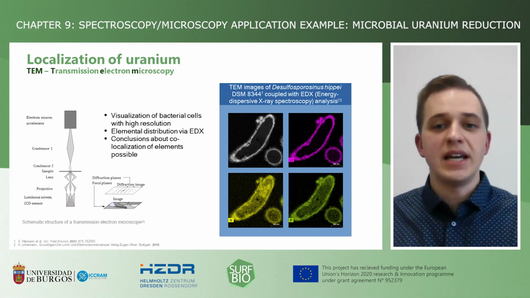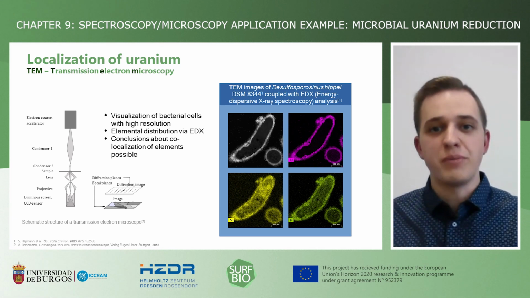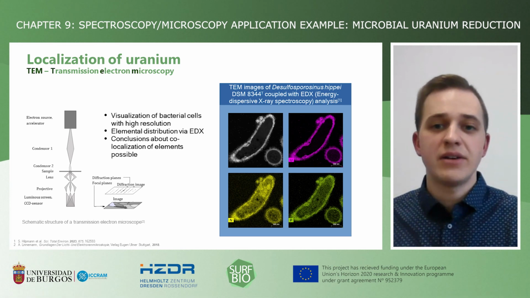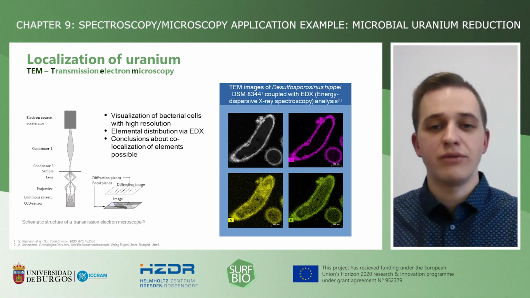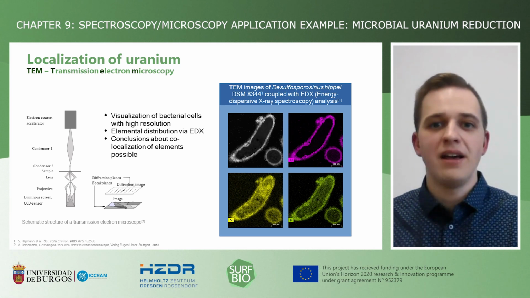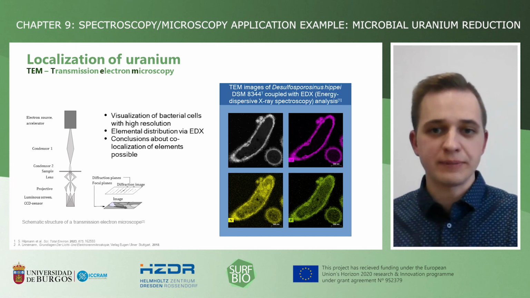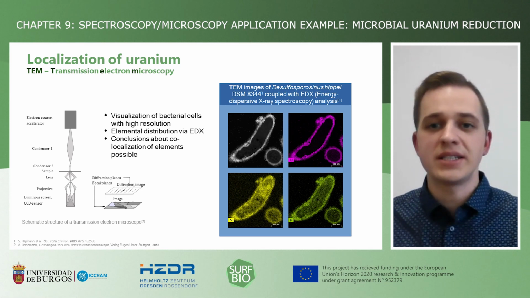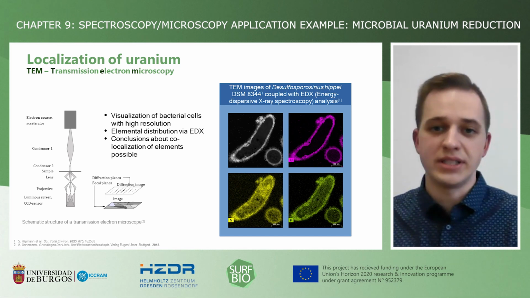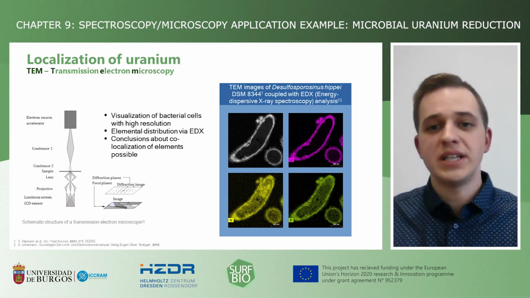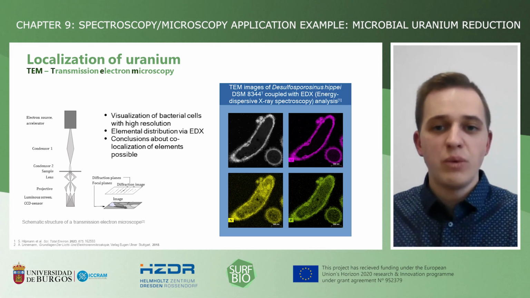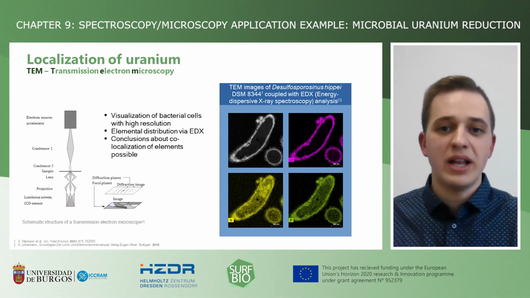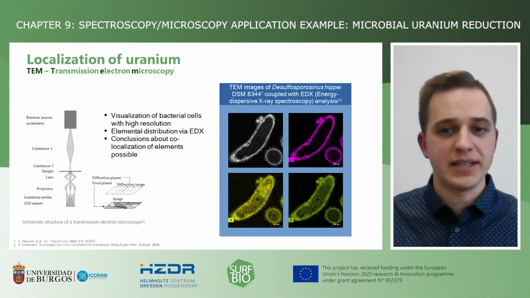Signals generated by solid-state electron interactions are used for imaging, and the primary electron beam is generated by an electron source. Using this method, it is necessary to prepare thin-section samples of your uranium incubated cells. This method can answer the following questions. Where is the uranium located and in which amount? Is there an accumulation of uranium inside the cells or just an association outside the cells or on the cell surface? And is there a colocalization of uranium with different other metals, which can provide hints on the possible uranium binding motifs, as well as possibly formed uranium compounds by the cells?